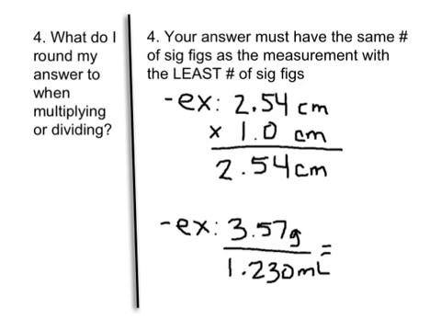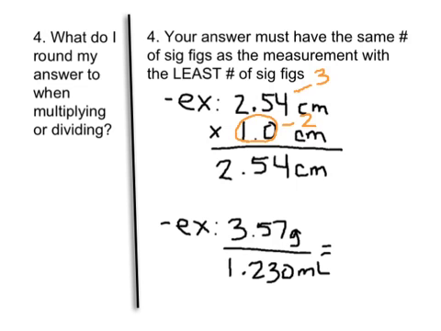In our first example, we have 2.54 centimeters times 1.0 centimeters. This is going to be 2.54 centimeters. However, when we take a look at the number of significant figures in each of these measurements, we'll see here that the first number has 3 sig figs and the second number only has 2 sig figs. So our answer can only have 2 sig figs because our weakest link here is the second value with only